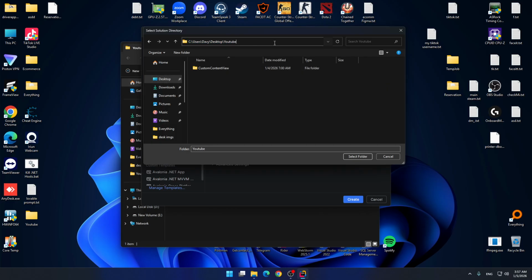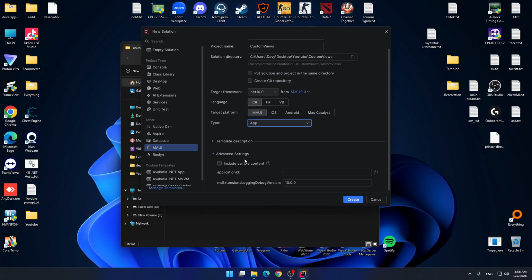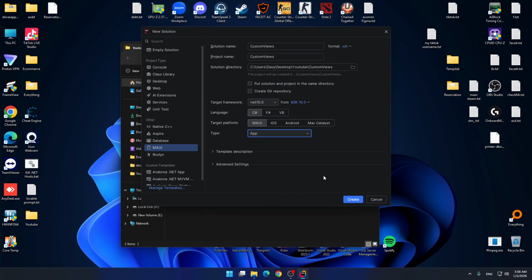I choose our path, make solution folder, select this folder, we give project name, same. I'm using Target Framework .NET 10, newer version. This is our project settings, nothing special. Let's create.